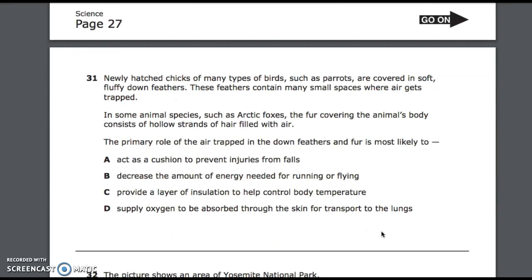Number 31. Newly hatched chicks of many types of birds, such as parrots, are covered in soft, fluffy down feathers. These feathers contain many small spaces where air gets trapped. In some animal species, such as Arctic foxes, the fur covering the animal's body consists of hollow strands of hair filled with air. The primary role of the air trapped in the down feathers and fur is most likely to